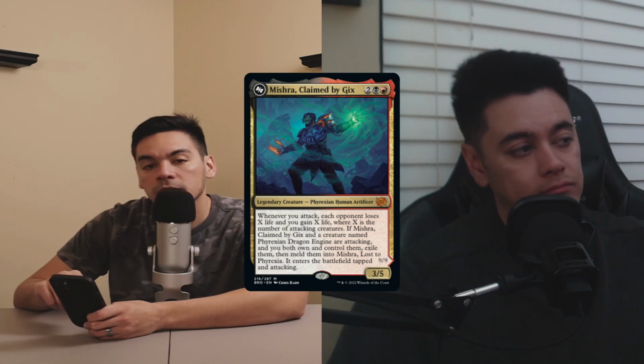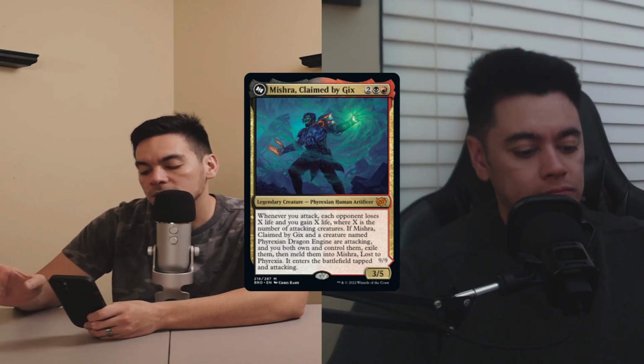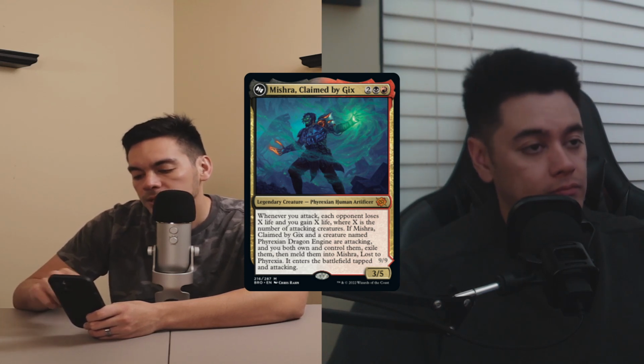If Mishra, Claimed by Gix and a creature named Phyrexian Dragon Engine, which we mentioned before, are attacking, and you both own and control them. So this is a trigger, and you have to own and control them by the time this ability resolves. Exile them, then meld them into Mishra, Lost to Phyrexia, which enters the battlefield tapped and attacking. So this card right here,